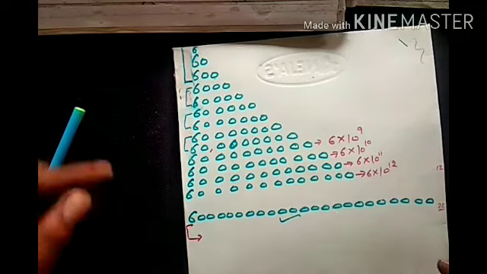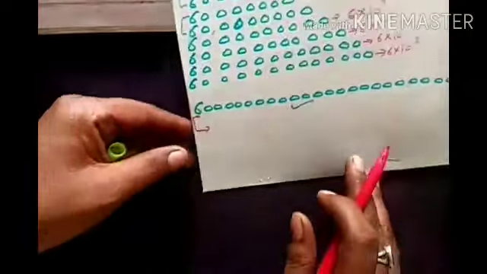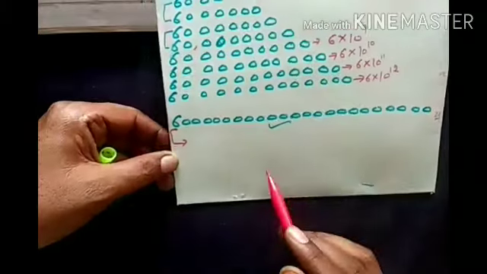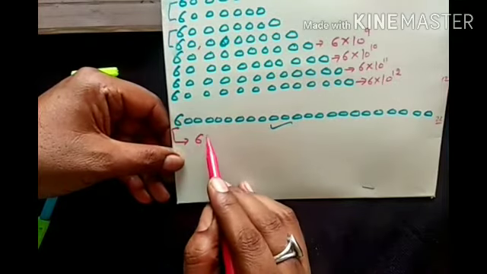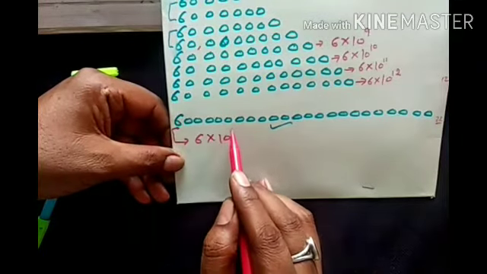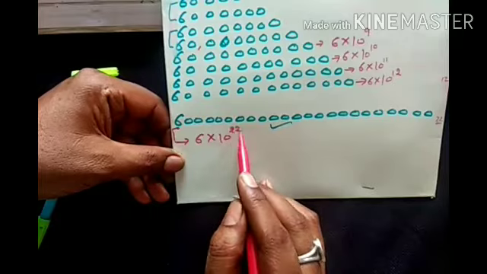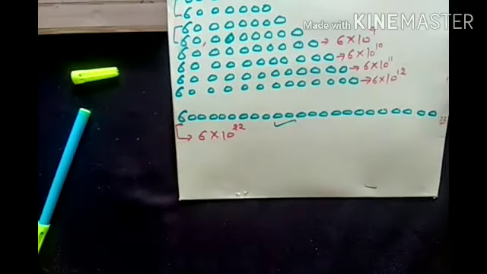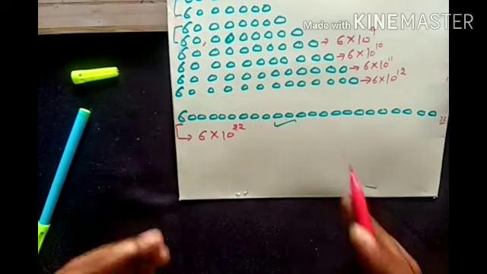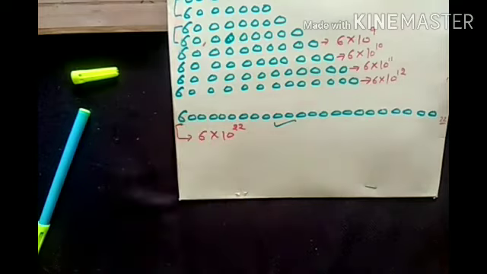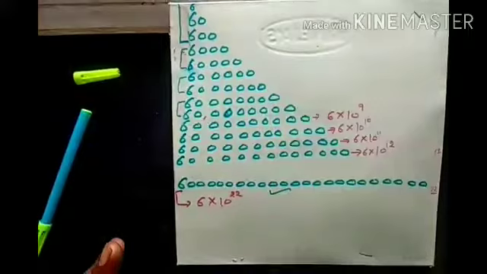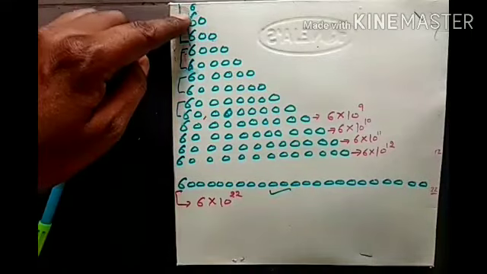Clear, beta? Now you will see here that in this number 22 zeros are there. So I will write this in the way 6 multiplied by 10 to the power 20. So this representation of a number, written in this form, is called scientific notation. Clear? This is not applicable just with a single digit.